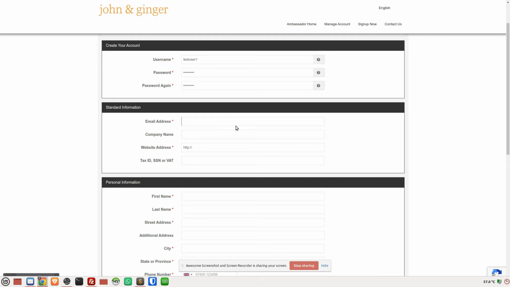And use any email address, but if you use the same email address as a John and Ginger customer account, at some point in the future, they will be linked together and you'll be able to see your conversion stats within your John and Ginger account. So again, I'm just going to use